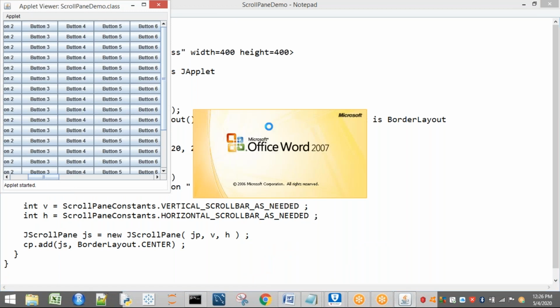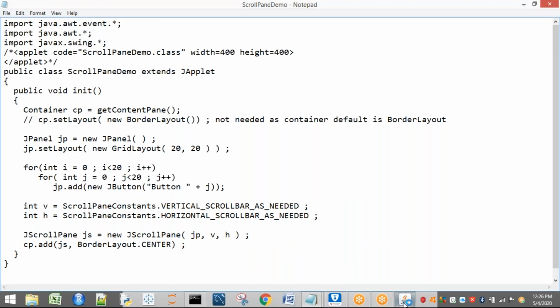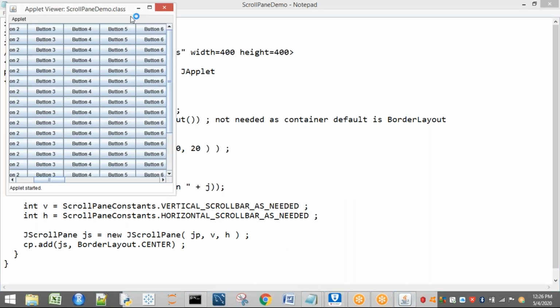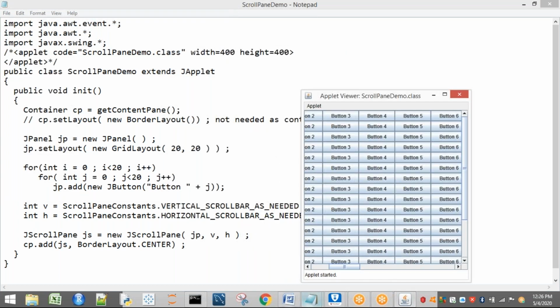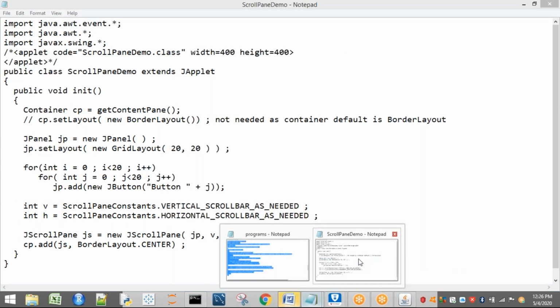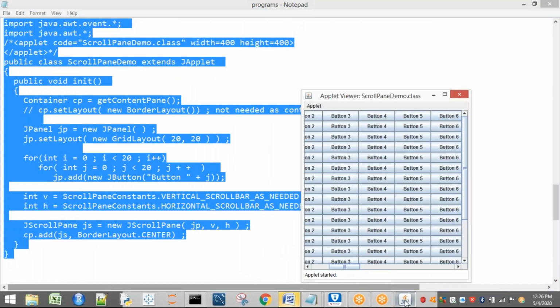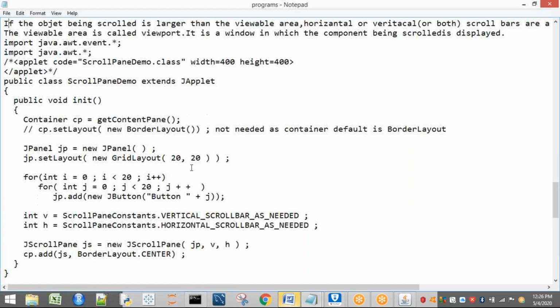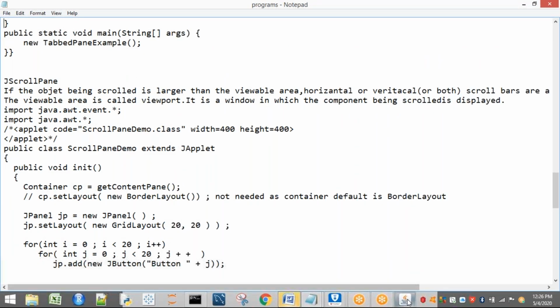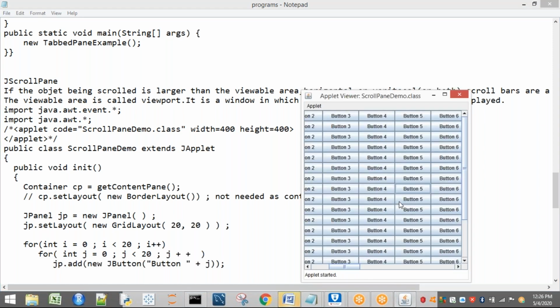So see, if the object is being scrolled, that means here internally I have added how many? For the JPanel I have added a grid layout of 20 by 20. That means there are 20 buttons horizontally, and vertically also I have added 20 buttons by using these two for loops.